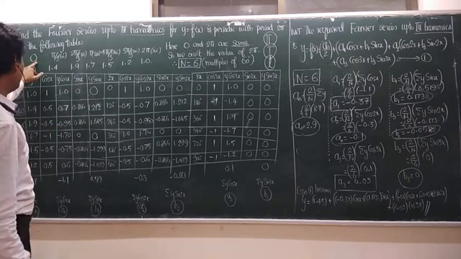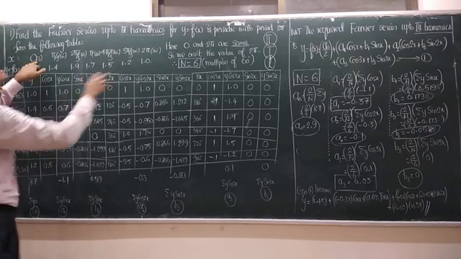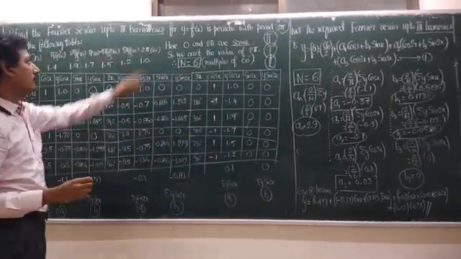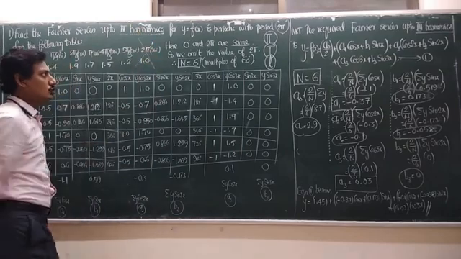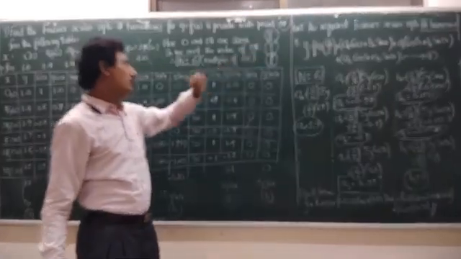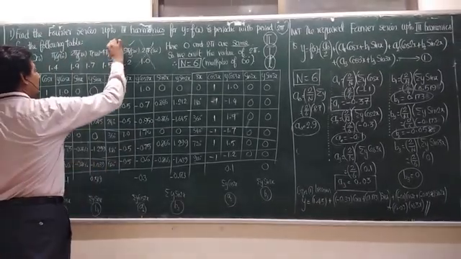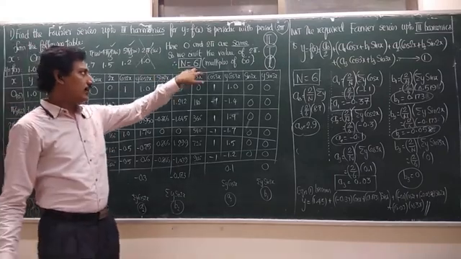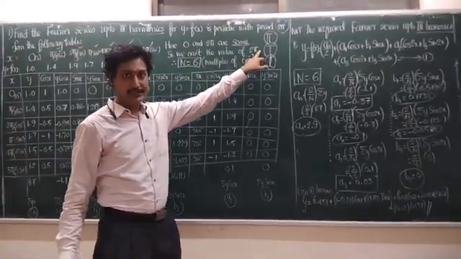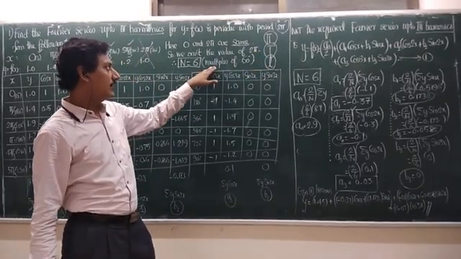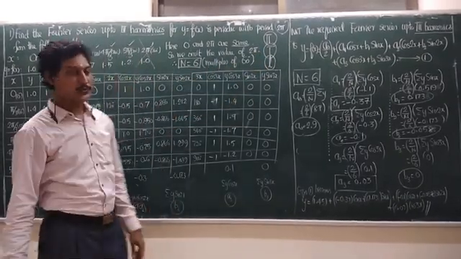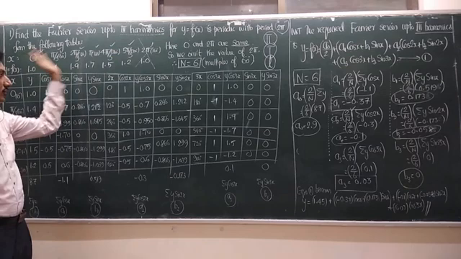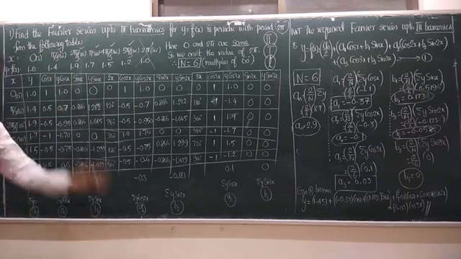Here, 0 degree and 360 are the same because it is periodic with the period 2 pi. So 0 and 2 pi are the same, so we omit the last value. Can you count the number of data now? 1, 2, 3, 4, 5 and 6. So that's why capital N equal to 6. The total angle is 2 pi, that is 360 degrees. So 360 by 6, the angles are multiples of 60 degrees. So we get 0, 60, 120, 180, 240, 300. And 360 and 0 are the same, so we omit the last value.